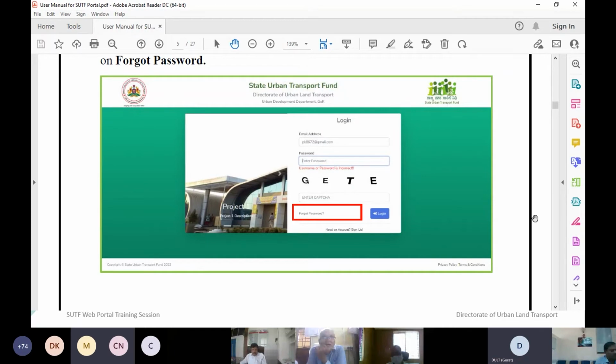Just to bring you back to the registration process, you can access it from the DULT website, or you can type the login link that has been shared. Once you click on that, you will be on this landing page wherein the login details are mentioned. As a first time user, you need to create an account and sign up. If you are already registered, you can enter the email ID and the password and continue. It is requested that all the agencies concerned create a login ID for the nodal officer, and the details of the nodal officer will also be shared with us.